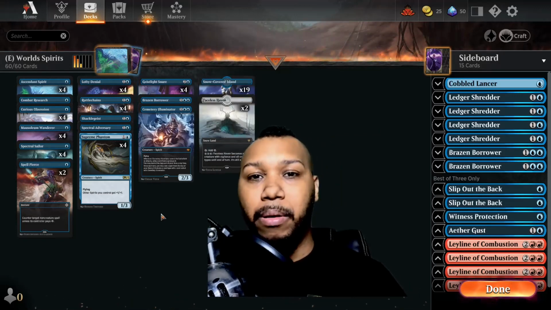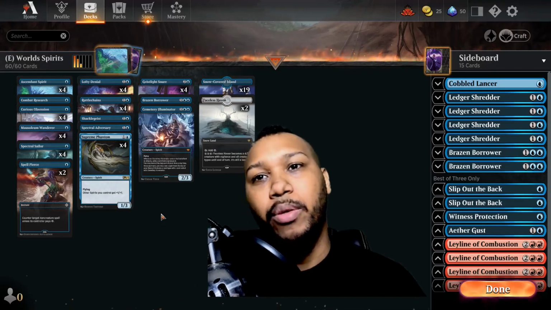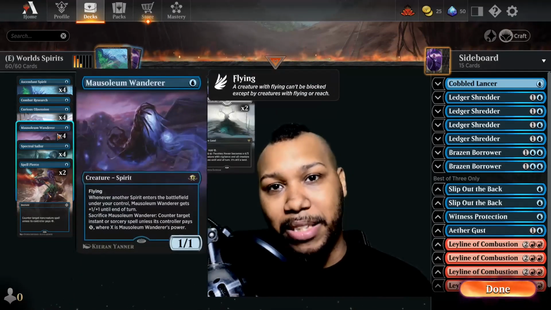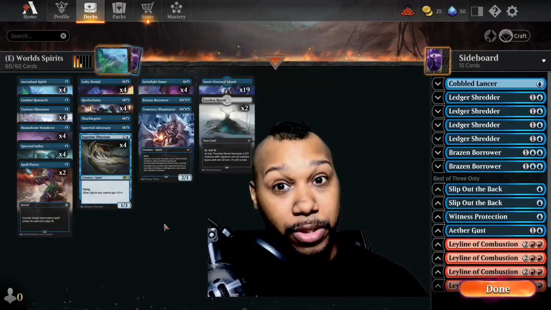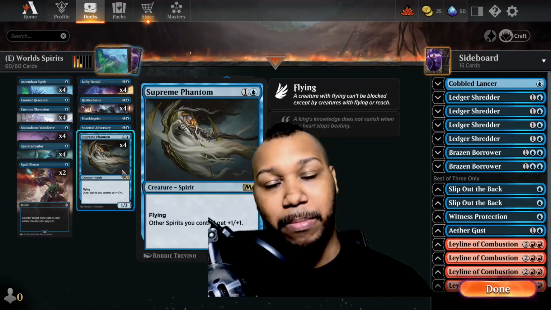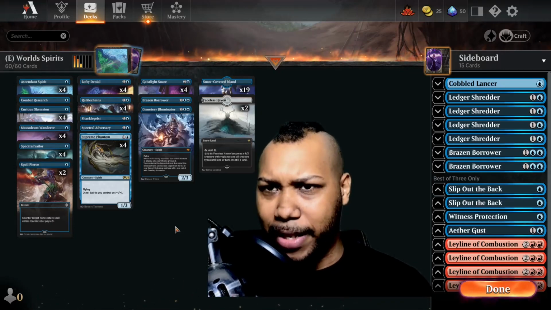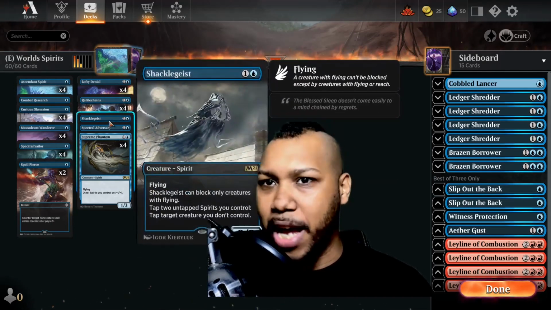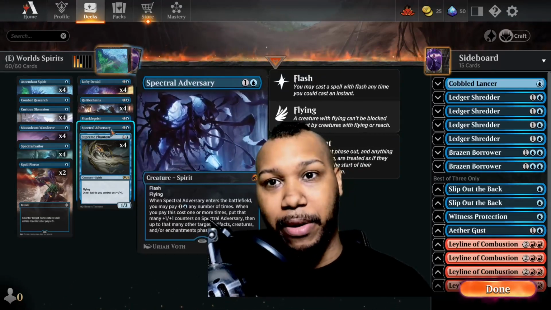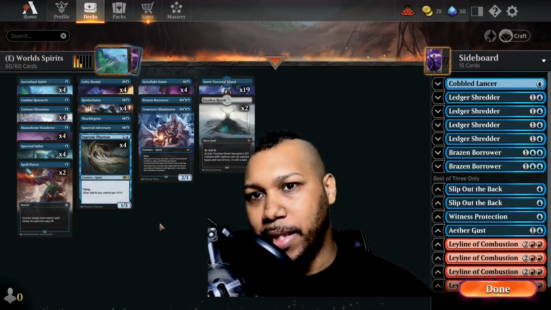Now, I'm obviously a pretty big fan of putting in all the counter spells that you're able to, so having a total of 10 before thinking about Mausoleum Wanderer is not exactly the worst look. Here we've got 4 copies of Rattle Chains and 4 copies of Supreme Phantom, but this is where the list starts to get a bit different on us. We've got just 1 Shacklegeist and a 1-of Spectral Adversary,